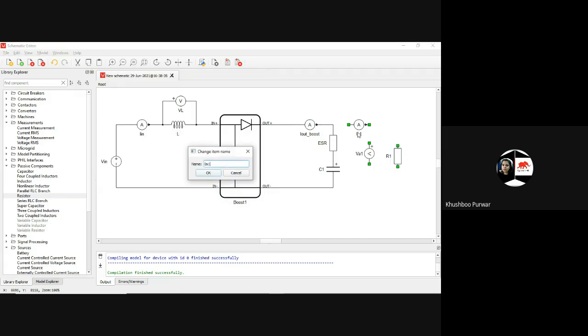This I will name as I output current. I out, and here also name it as V out. Okay, let's make it small. V out.